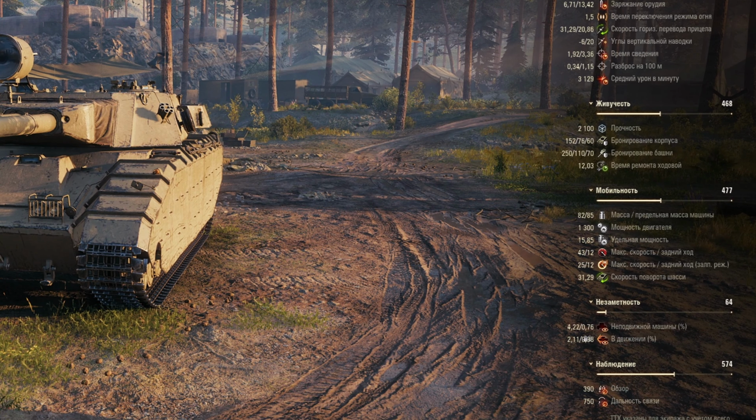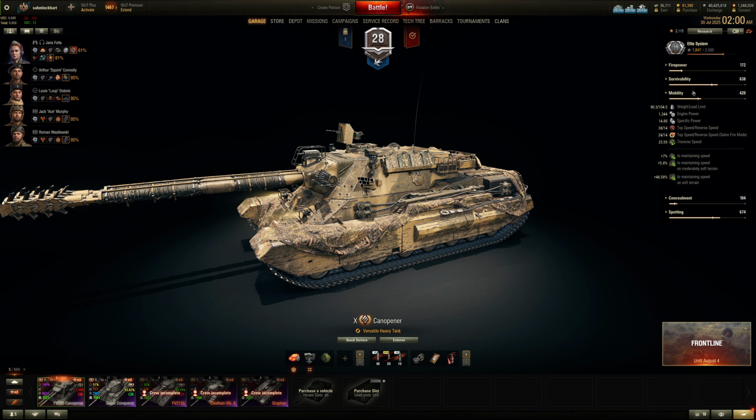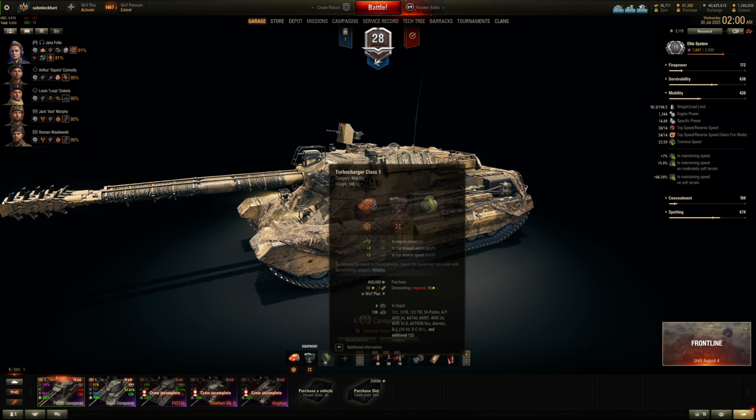Campbell's kind of crap. 4.2, it's a heavy tank. What do you expect? It is about 16 horsepower per ton ratio, but that's barely better than like 14 on the can opener, right? Can opener has pretty decent horsepower per ton ratio, and couple that with a turbocharger to make it go faster. So about 2 or 3 horsepower per ton ratio faster if you equip turbocharger on it,